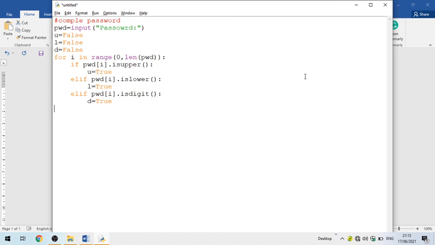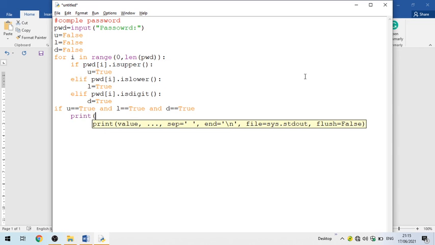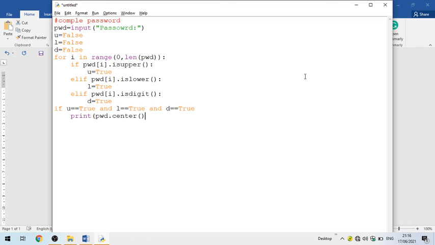Now come out of the loop and check if U is equal to True, and the same thing for L and D, Control V and Control V. If U, L and D are all True, then we can print pwd.center, you can just put center for simplicity, here pwd.center with 20 characters in this format.